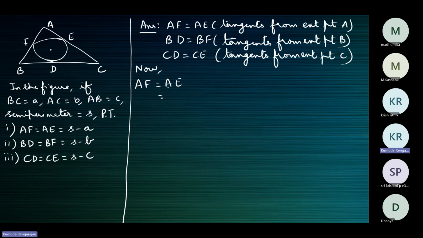Now tell me, we start now to get the first result to show that AF is equal to AE equals S minus A. Okay, so we begin like this. We know that AF is equal to AE. Now express AE in a different way. AE can be expressed as AC minus EC, ma'am. Very good. AC minus CE. And CE can be replaced with